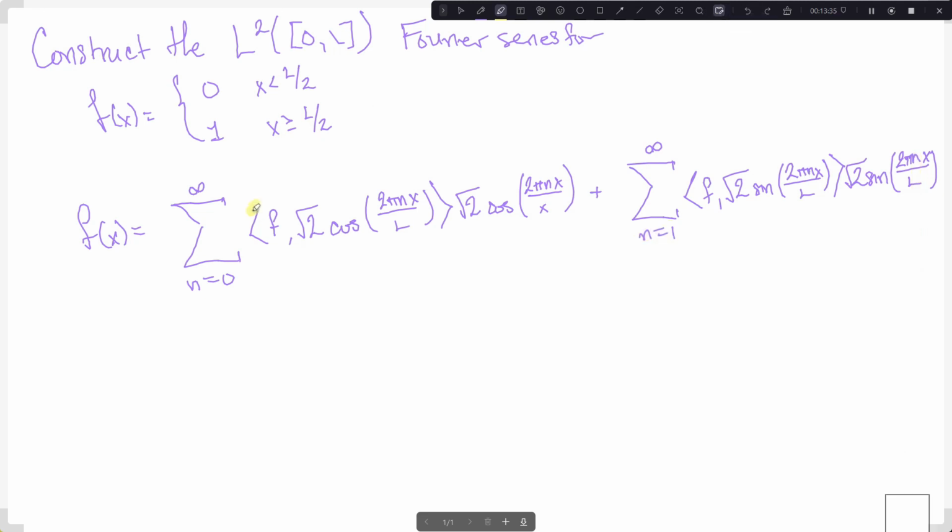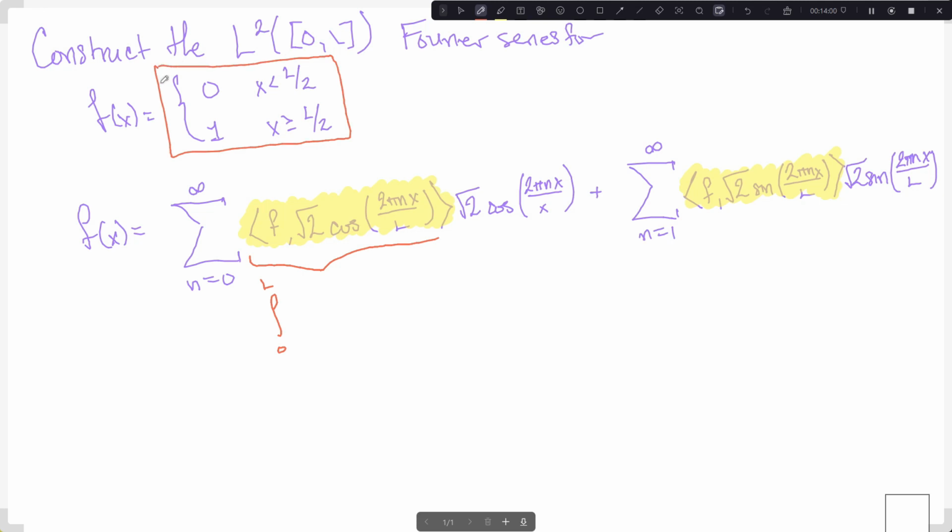Okay, so that means that to construct the Fourier series, all I need to know is this, and all I need to know is this. So if I want to find those two values, let's actually calculate this out. This is the integral from 0 to L of F. Now keep in mind what F looks like. F is 0 when x is less than L over 2, and F is 1 when x is greater than L over 2. So actually this integral from 0 to L is only turned on once we reach L over 2, which means the integral actually occurs from L over 2 to L, and I have 1 times root 2